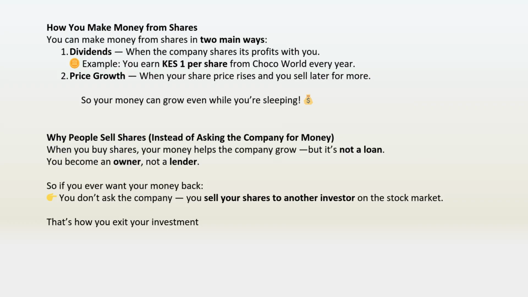You make money from shares mainly in two ways. One of them is dividend. A company makes profit, they decide to share that profit with you. So you are not selling shares, you are just receiving free money equivalent to your shares. I might say for every one share, you are getting one Kenya shilling. So you multiply that by the number of shares, then you subtract withholding tax, depending on your account type at CDS. Then price growth, and this is confused with